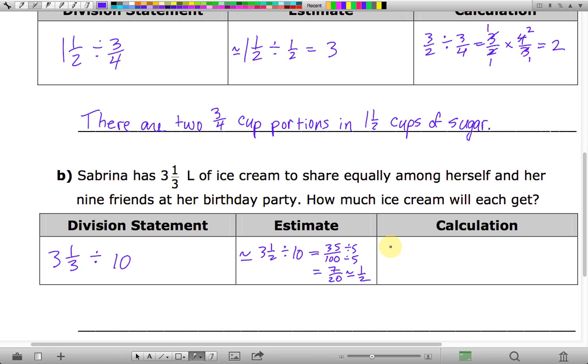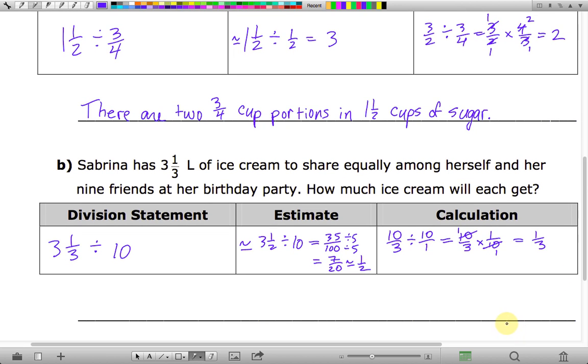Let's do the calculation. So taking 3 1/3 and writing that as an improper fraction, that would be 10/3. And we want to divide by 10, which is 10/1. So now we leave the first one as is, and we flip and multiply. And you can see there's a factor of 10 that divides out here and there. 1 times 1 is 1. 3 times 1 is 3. So the answer is actually 1/3, which is less than a half. And 1/3 is pretty close to 7/20. 7/20 is not exactly 1/3. 7/21 would be 1/3. But anyways,